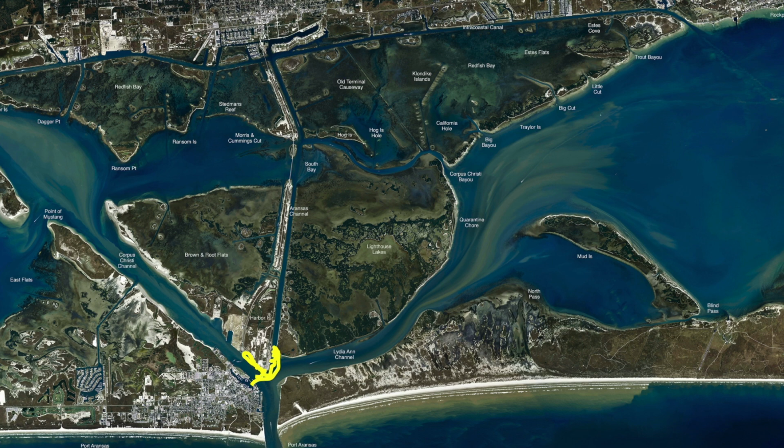Right now, them sheepshead have been hanging around all these docks and pilings, even on the other side over here by these houses. You cannot tie up to the piers, but you can use your trolling motor or your anchor to get you in place. But all this back behind this house, all the way down Charlie's Pasture, these rock piles have been holding sheepshead. I've also been finding a few redfish and speckled trout, especially where these coves come into these little back lakes. Have been holding fish down here by this rock pile before you get to